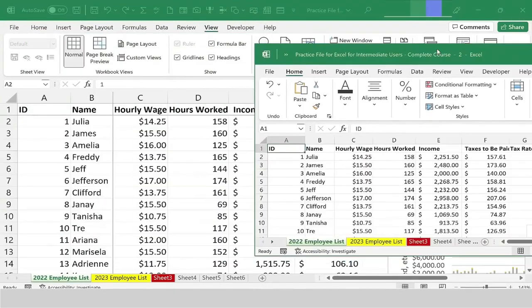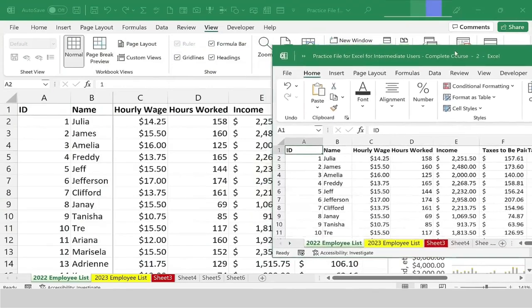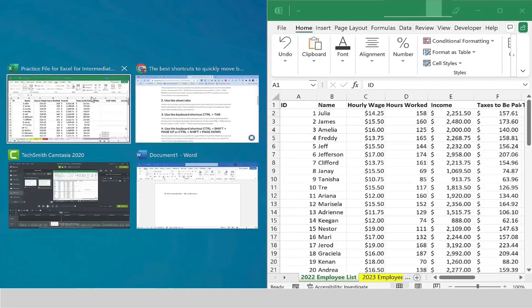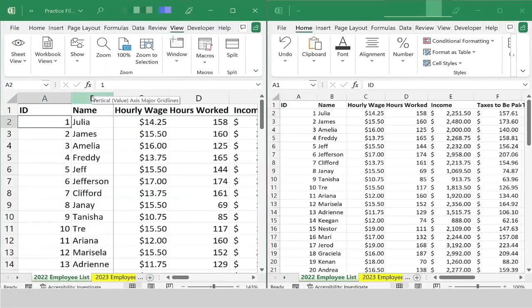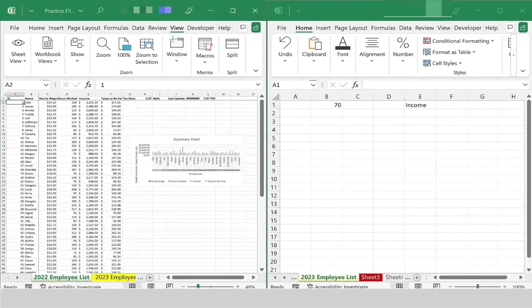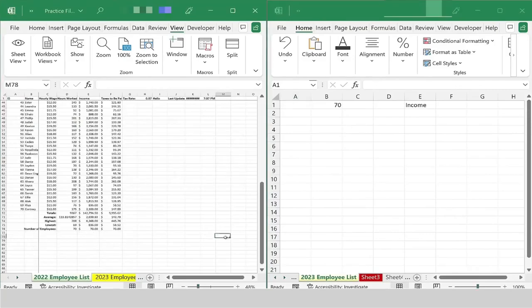And if you're using a modern version of Microsoft Windows, you can pull that to the extreme right and then let go, and then select the other window, the original, and it will fill the left side of the screen. So now I have window 1 and window 2 both open at the same time. This window can have the 2022 list. This window could have the 2023 list. I could adjust the zoom levels if I want to,